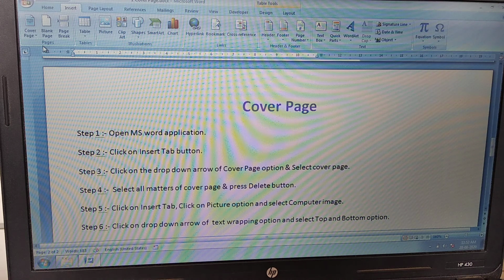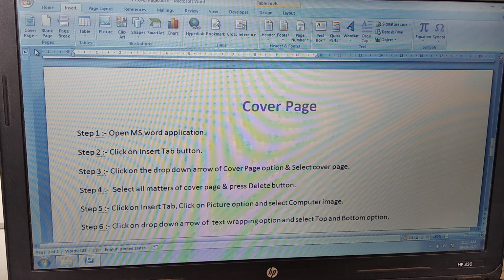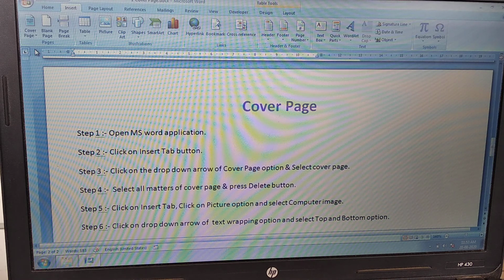Step number 3, whatever I am saying to you, keep on that word I am saying to you. You have to write it in your notebook. It's very compulsory for you. Whether or not it is typed on this screen, you should write my words in your notebook. So look at the third step.